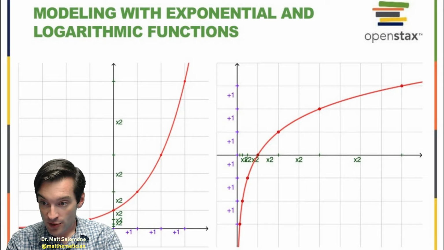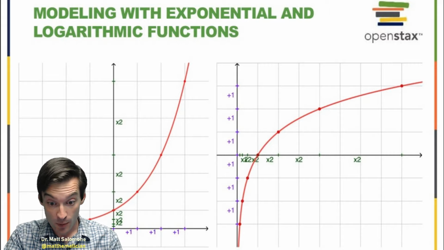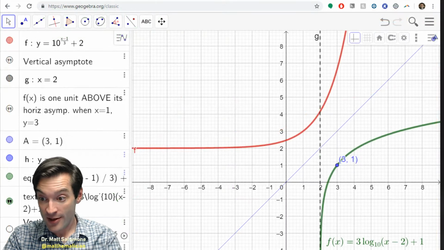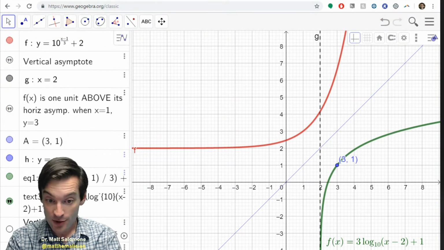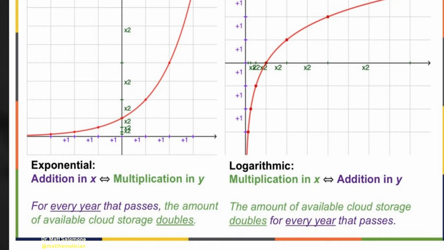So once we understood what the graphs of exponential functions look like, if we interchange the roles of x and y, that's the same as flipping that graph over the x-axis. And when I flip that graph over the x-axis, it turns into a logarithmic shape graph instead, right? So that's how we knew what the shapes of these graphs were supposed to look like in the first place. But when we take an even further step back, we can remind ourselves of how exponential and logarithmic functions model changes in behavior. So for exponential functions, we decided that the way that they work is that they relate additions,